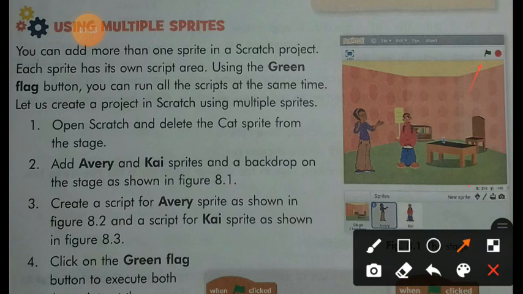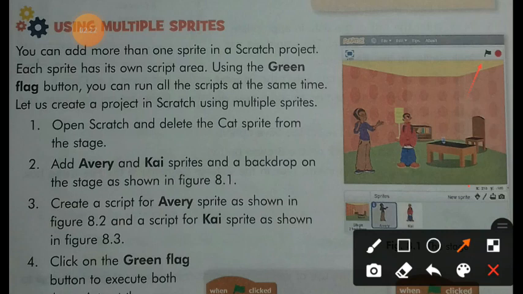Let us create a project in Scratch using multiple sprites. So students, first of all you have to open Scratch from the start button, and then you have to delete the cat sprite from the stage.